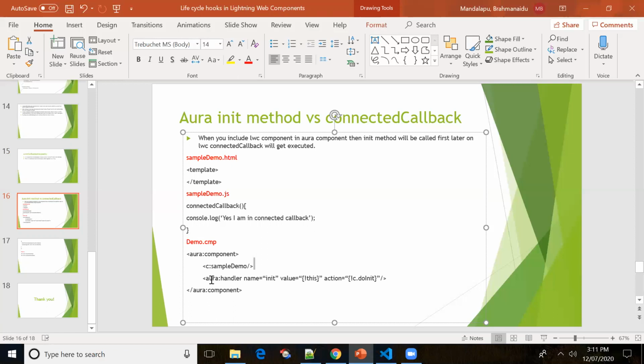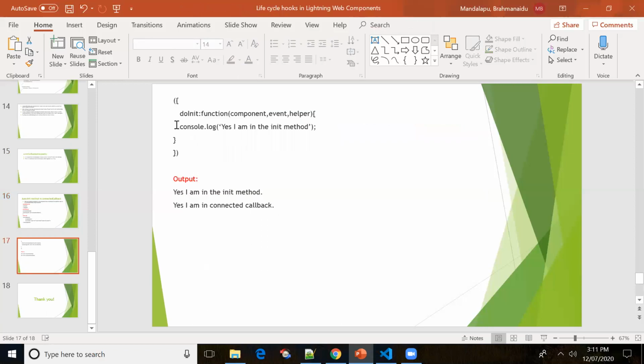I have created a handler, so when you load a page, it will get executed. I have written a doInit method, and I'm trying to print a message: yes, I'm in the init method. If you execute this program, the Aura component doInit method will get called first, and after that, the connected callback will get executed.